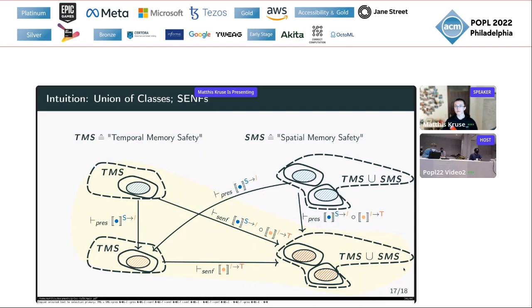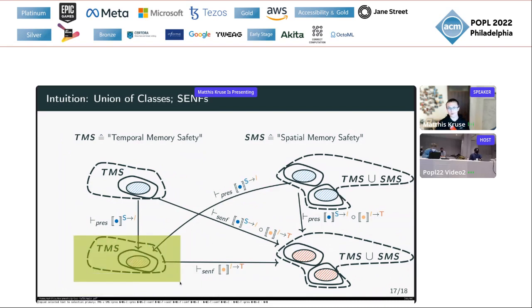The key difference is that both options work here, but for preservation, we know nothing about programs that do not satisfy either temporal memory safety or spatial memory safety. There are two takeaways here. First, as noted now, robust compilation is somewhat weaker than secure enforcement. Second, compilers in the pipeline might influence the behavior of an intermediate level program in such a way that certain properties we want to have from the outside do not necessarily hold anymore.